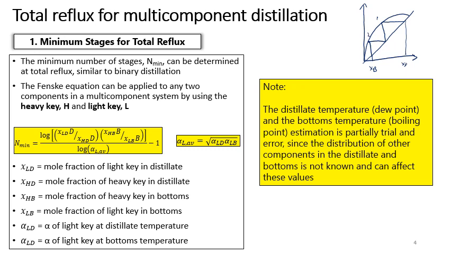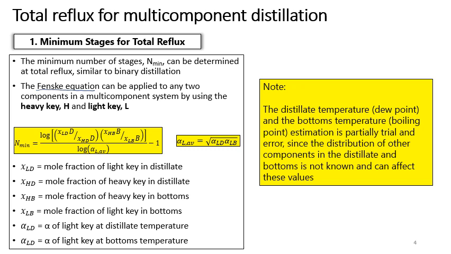However, for multi-component distillation, because we don't use the binary VLE curve for the equilibrium data, we cannot use the graphical method to calculate the minimum number of stages. So what we can do is use the other method, which is the Fenske equation. The Fenske equation can be applied for multi-component distillation by replacing